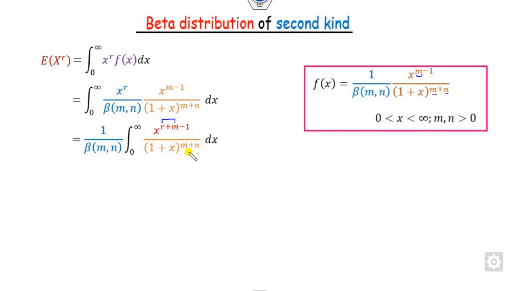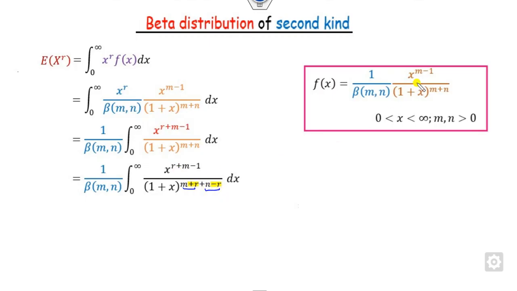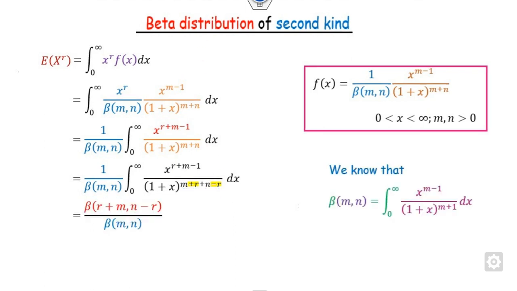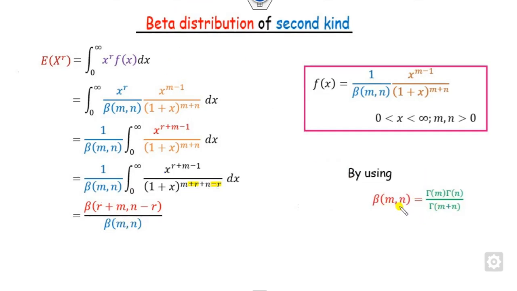So it means if I add plus r and minus r in this case, then what will happen? This is nothing here. Now if you compare them with the beta distribution again, you can see this is my m, and this is now my n. So this integration is nothing but, and you know this is the formula for the beta function, here m plus n is there. So once it is m plus n, you can see this is the m, this is the n, so this is the beta of m, n. Now how can you open this beta function? All of you know that beta function of m, n is nothing but this.